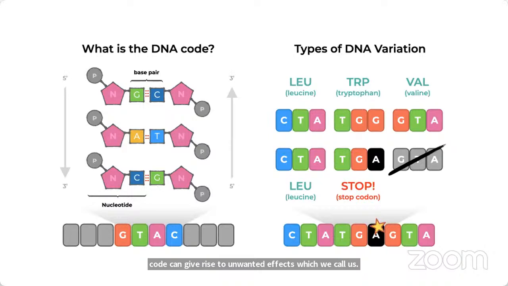Right? When these variations affect the end product, which could be a protein coded by a specific gene, then we will call this variant a mutation. We will speak about this a little bit later. And depending upon what type of variant we are getting, the end product, the protein, can be altered in its sequence, and that alteration can affect the functionality of the protein, and hence we end up with a pathogenic variant that is termed a mutation. So